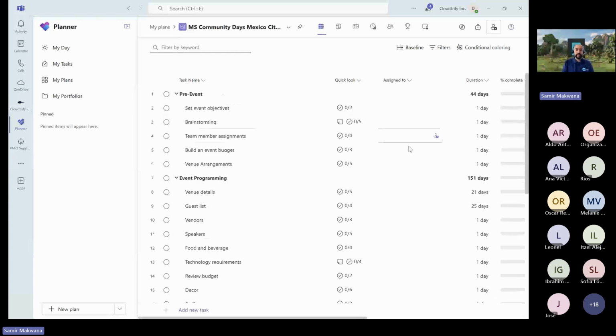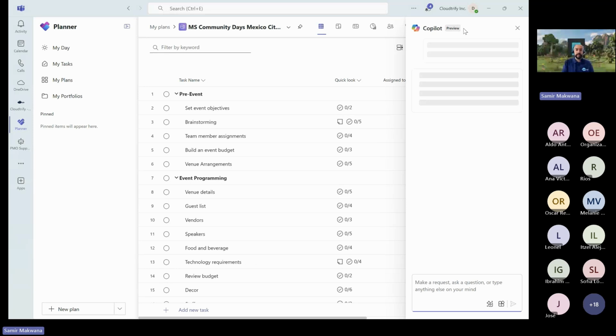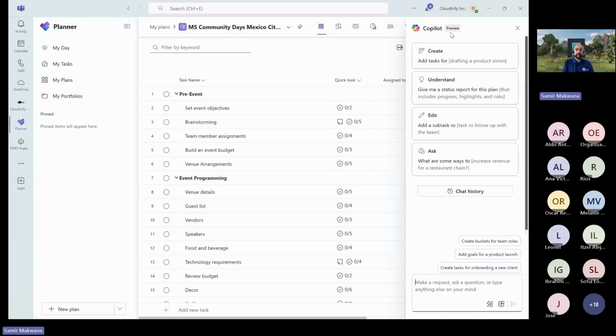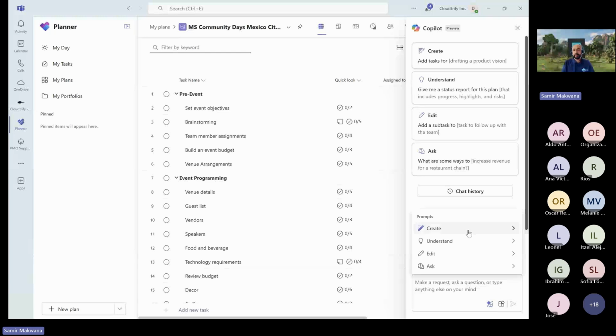However, how can I leverage Copilot to do more on this, right? So if you see here, I clicked on a Copilot icon and you can see it's showing in preview right now. And there are different options available to me to use, right? And there are different prompts available to use as well. So let's look at a few of the prompts. One of the prompts is create a plan. If you want to create a marketing plan or advertisement plan for your event, right? Then you can have it here too.